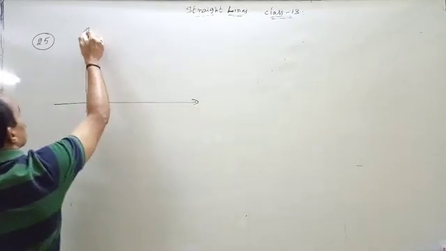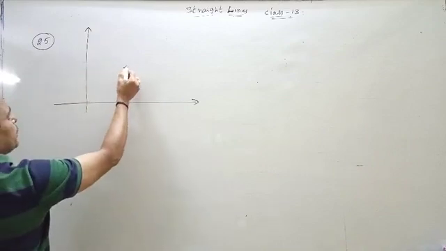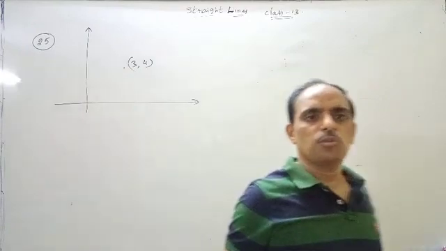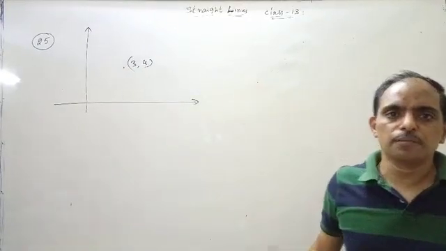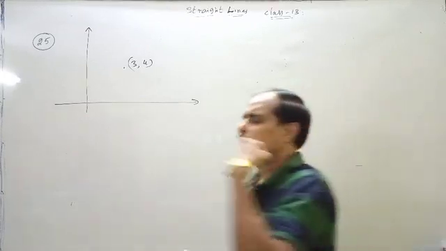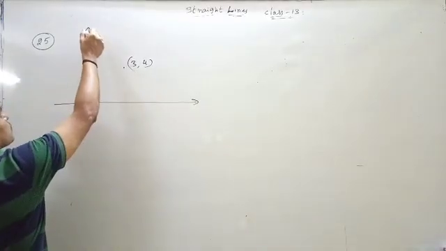This is a coordinate axis. Here is a point 3, 4. How many lines are possible which are passing through 3, 4? చెప్పండి. Through 3, 4, how many lines can we draw? Number of lines we can draw like this,